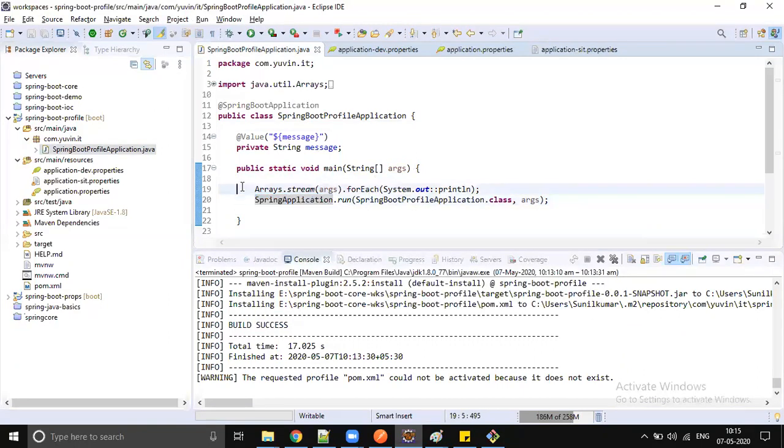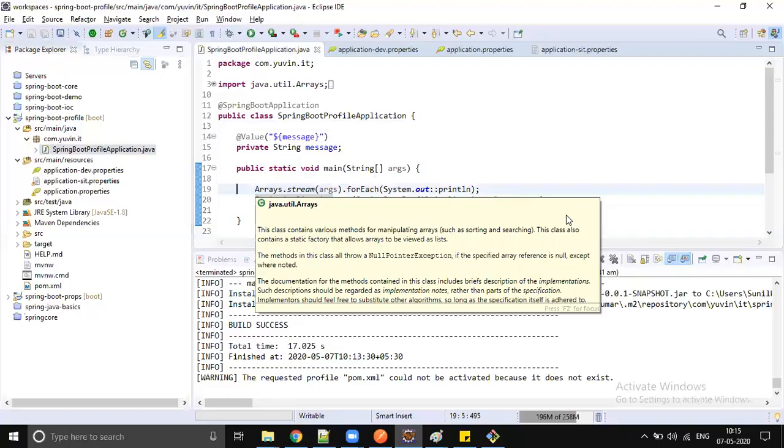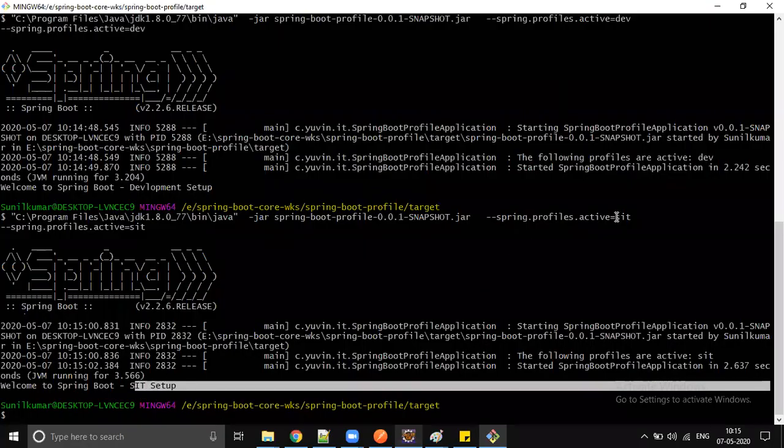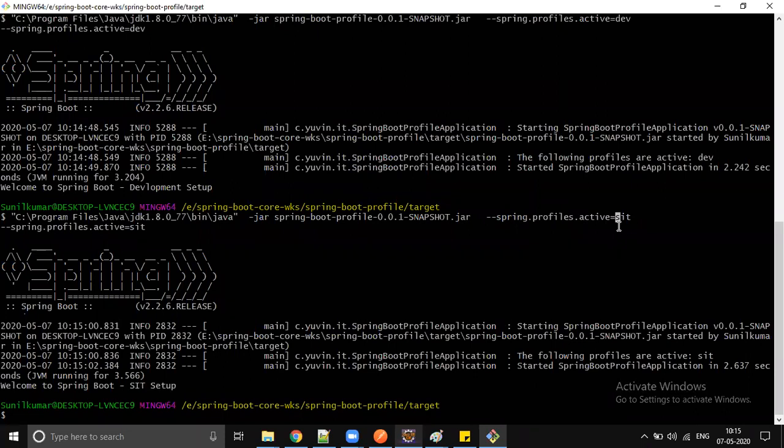Okay. Sunil asks, does SIT mean anything like that? SIT means system integration testing. Usually the word is SIT, but companies have different naming conventions. Some people call it QA, quality assurance.